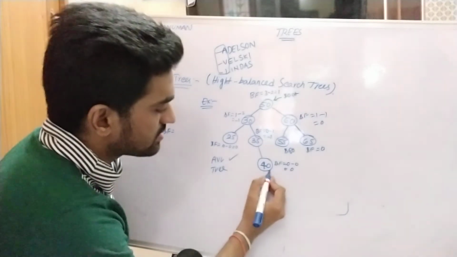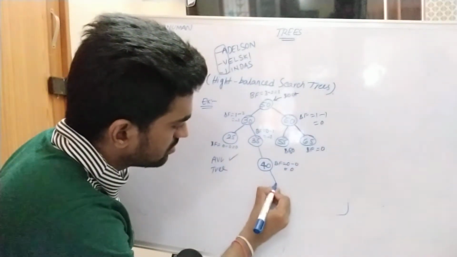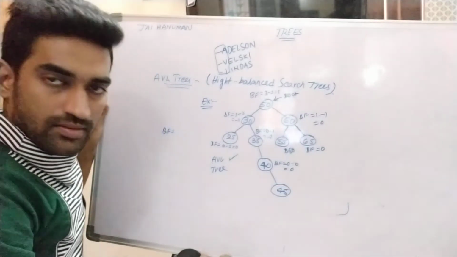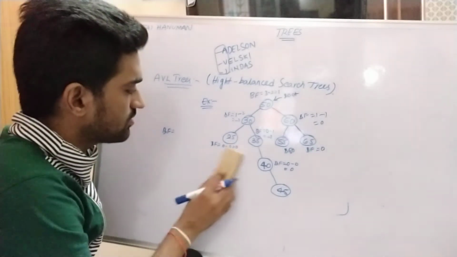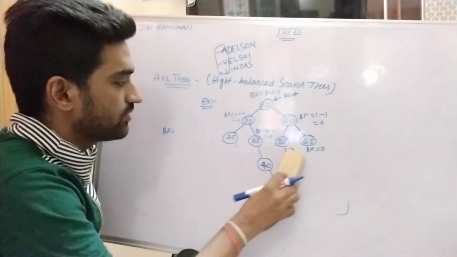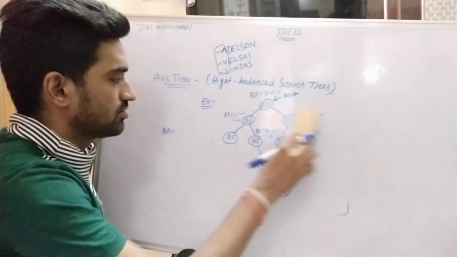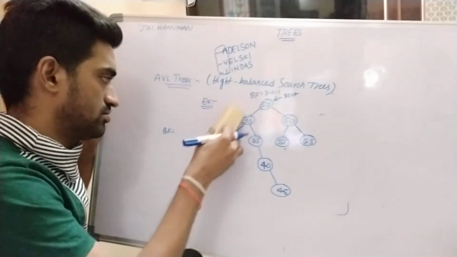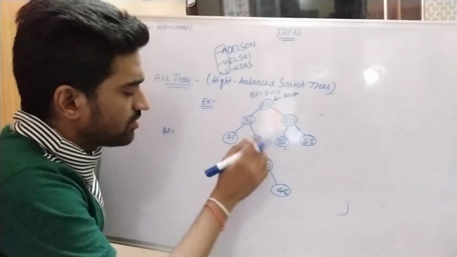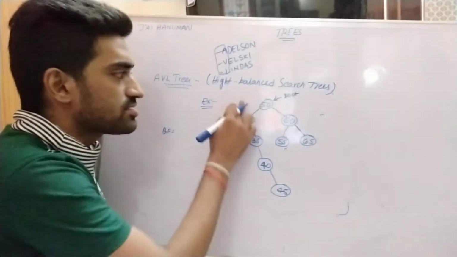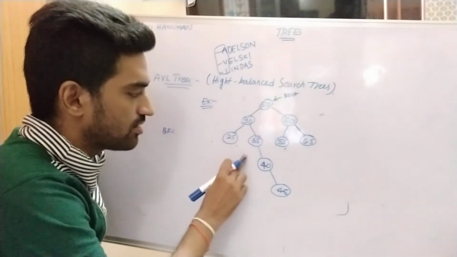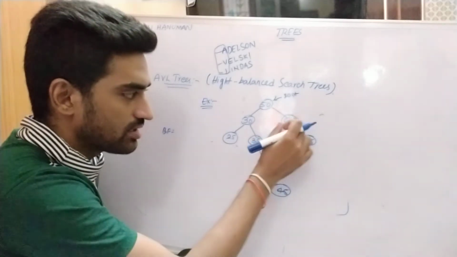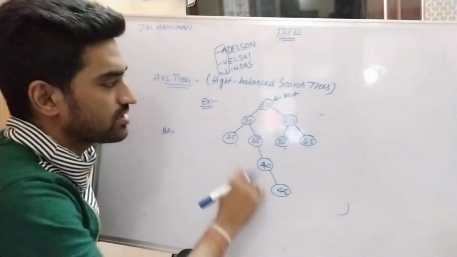So here I am taking one more example. 45. Right? So 45. Now to check whether the tree is an AVL tree or not. So here, first of all, we are checking whether the tree is a binary search tree or not. All the elements with lesser values are presented in the left subtree. All the greater values, the greater children nodes, are presented in the right subtree. So that's why this is a binary search tree.